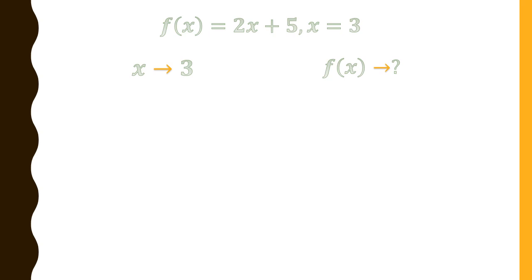So here x tends to 3, that means x is going nearer and nearer to 3. Let us prepare two columns here. One will be the x column and one will be the f(x) column. I don't have to take exactly 3, but I have to take near values of 3. I will start with 2.9. See, 2.9 is quite near to 3, but it is not 3. I will put it into the equation of f(x), that is 2x plus 5. When I replace x with 2.9, I get 10.8 as the f(x) answer.